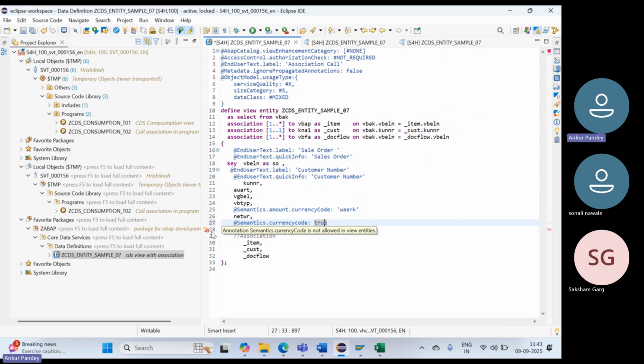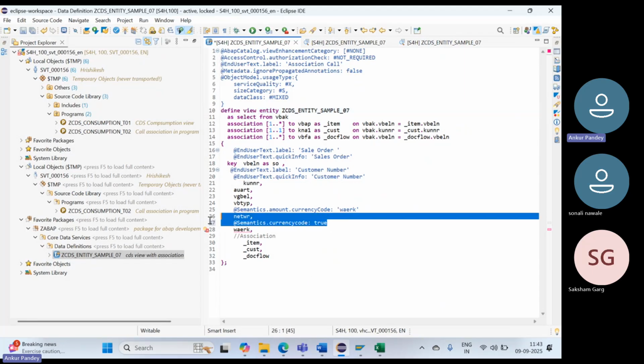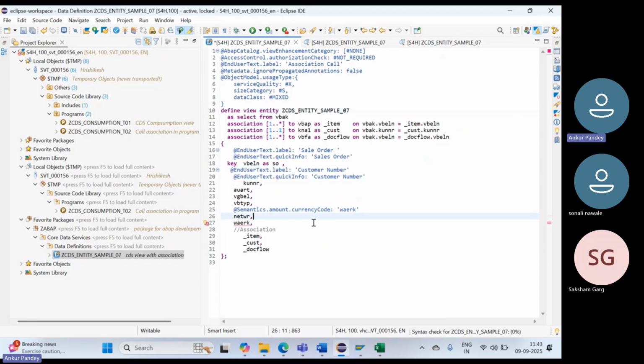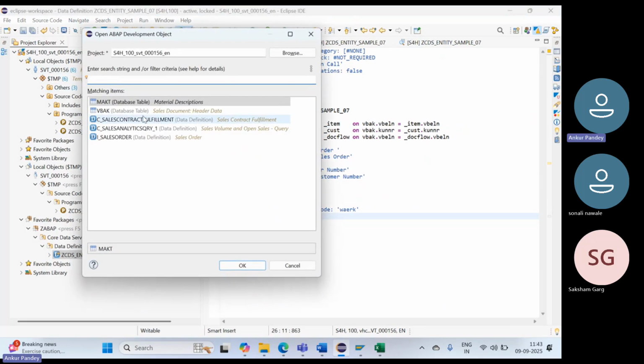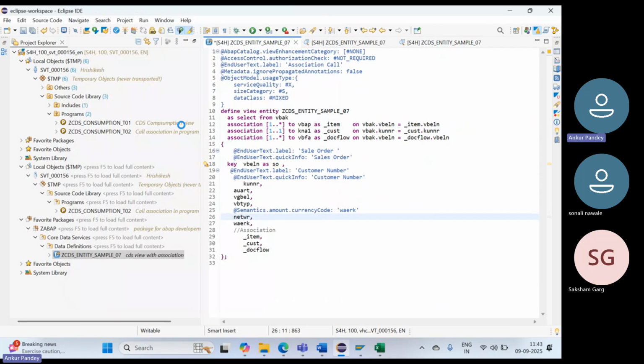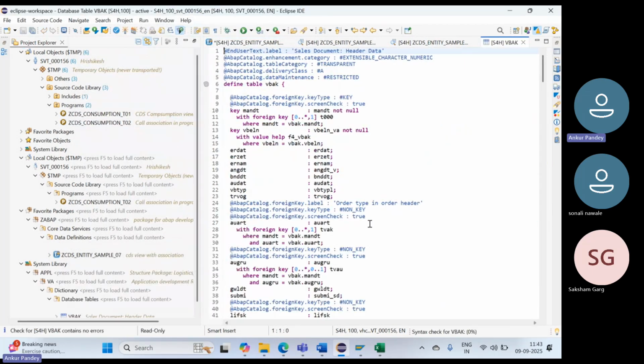Yeah, here it is mentioned: annotation semantics currency code is not allowed in the view entities. So only if it is define view, then only you can give it. Otherwise, it's also for